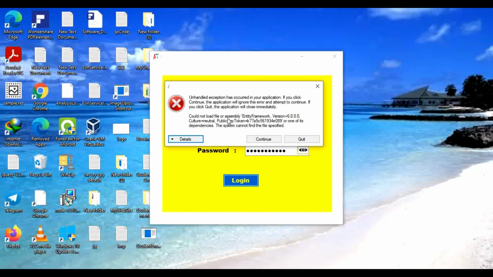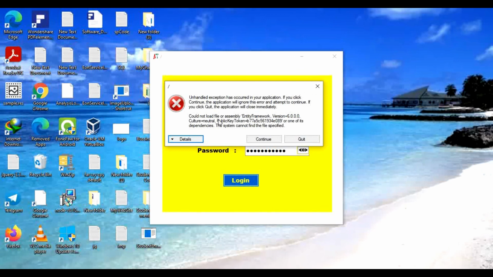What is this public key token, this culture neutral, what is this version, all these things I have also explained in the .NET Frameworks tutorial series. If you want to know about this, you can follow that tutorial series. You will find the link in the description below. Now coming back to this, that is why we want those assembly references.